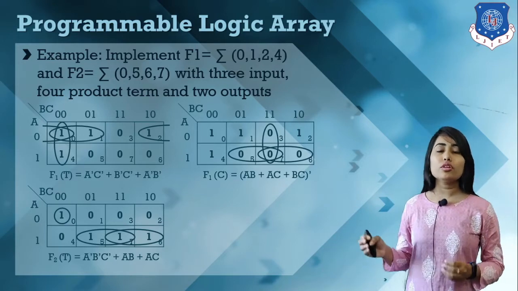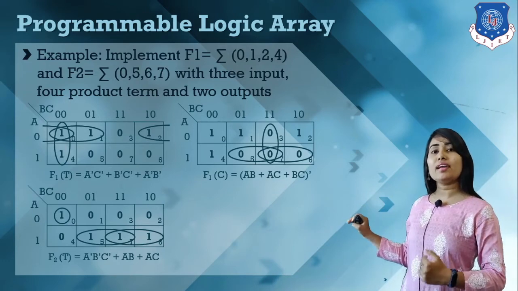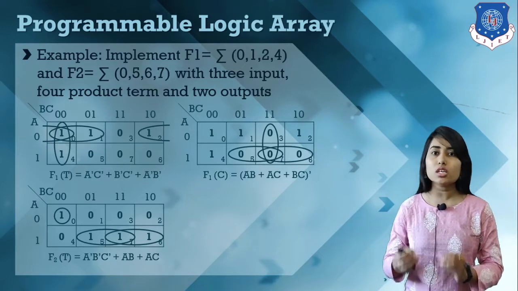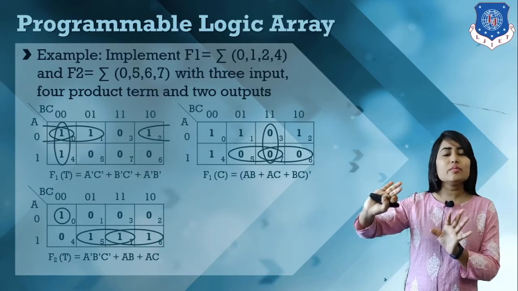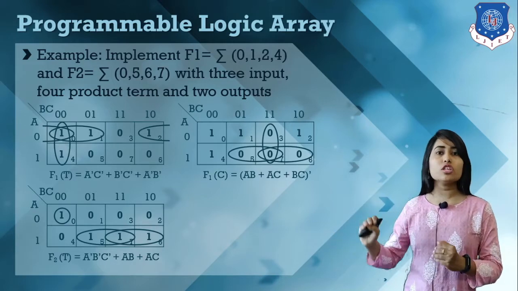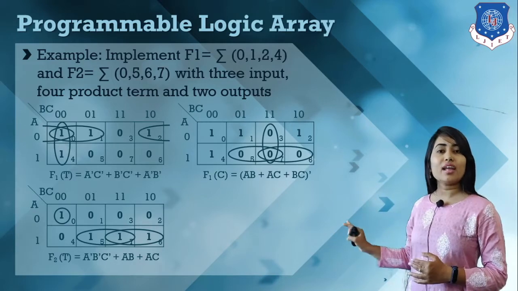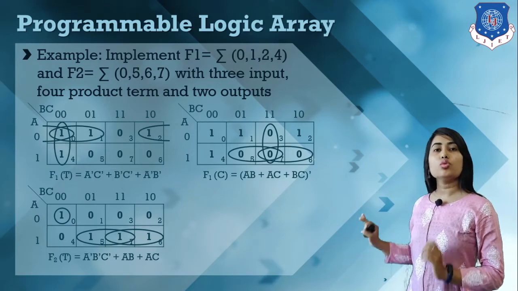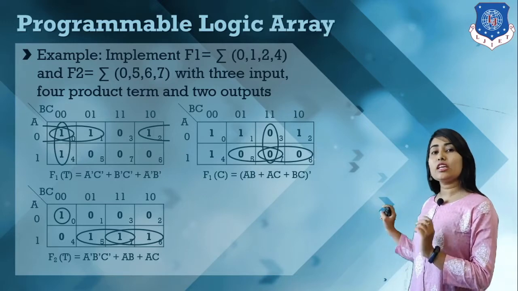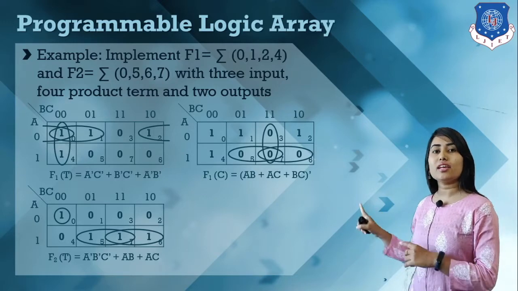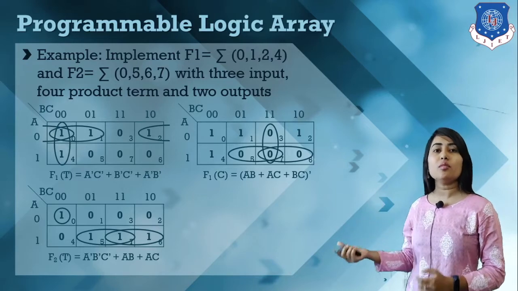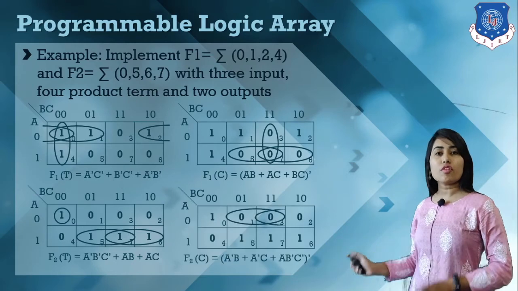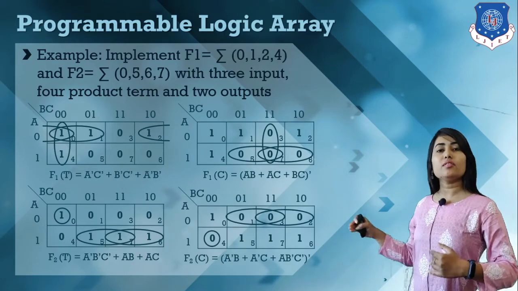If we make a group of 0s, then we write the values in SOP form only. We make a group of 0 but write the values as we write in SOP form. So here we make a group of 0 and write the logical function F1 in a complemented form, like F1 is equal to AB + AC + BC. It is basically the complement of F, that's why it is written like the complement of this. Here we have the terms AB, AC, BC, and here we find the values of F2. We make a group, and here we have the F2 values.